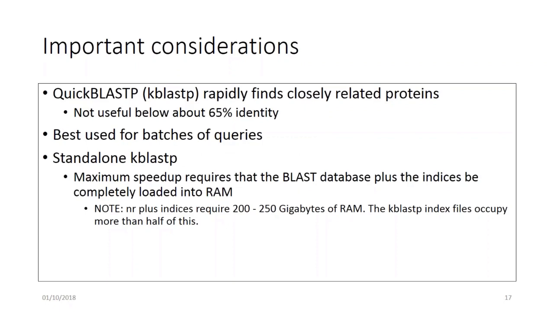We've already said this, but I just want to remind you again, QuickBLASTP rapidly finds closely related proteins. And so I would say that it's basically not terribly useful if your matches are below about 65% identity. We're going to show you an example of that in a few minutes. It shines if you're doing batches of queries. That's the idea behind it, that you're analyzing a large number of protein sequences